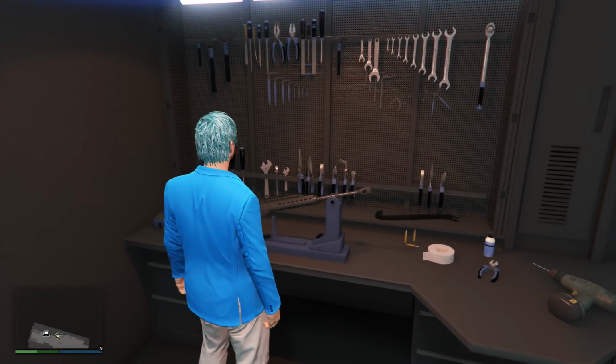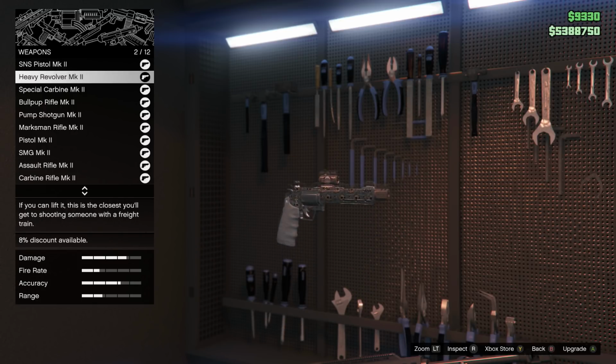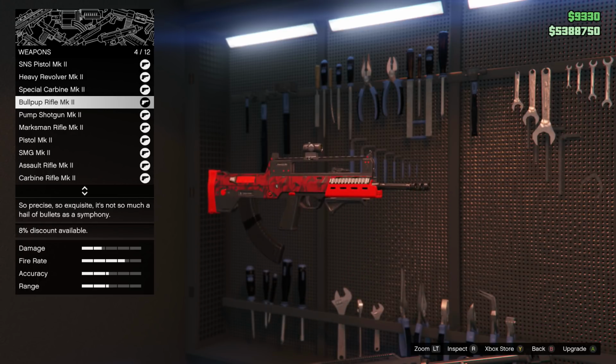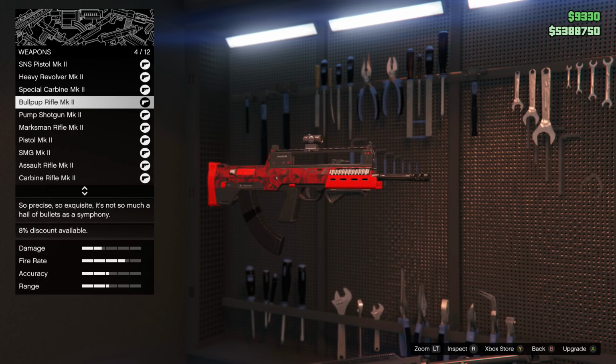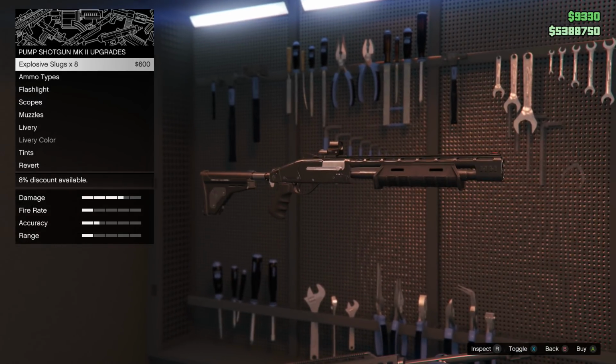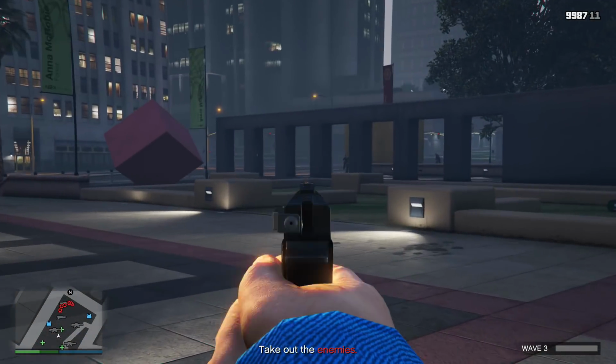There are 6 new ones, and those are the S&S pistol Mark II, the heavy revolver Mark II, the special carbine Mark II, the bullpup rifle Mark II, the Marksman rifle Mark II, and finally the pump shotgun Mark II. First off, let's talk about the S&S pistol,